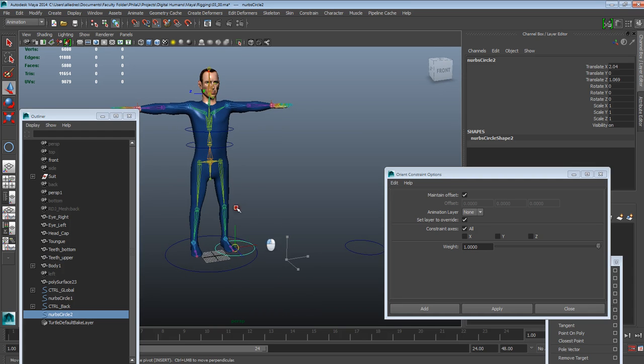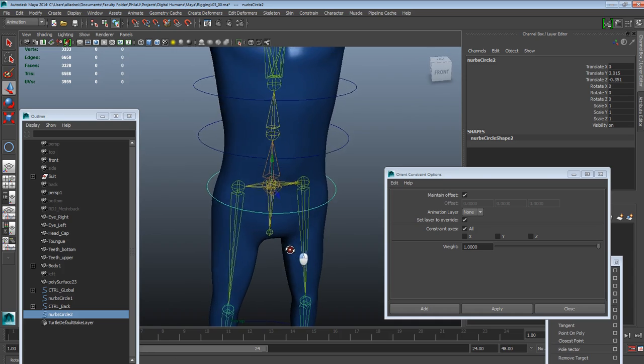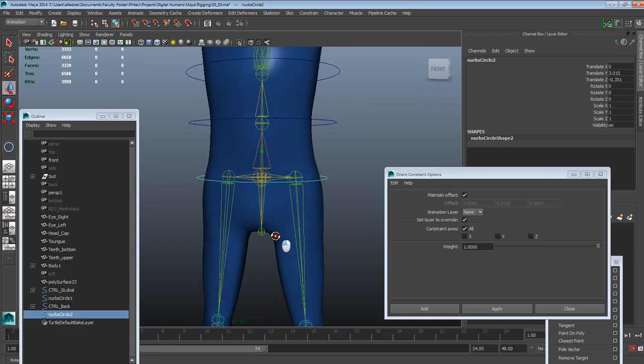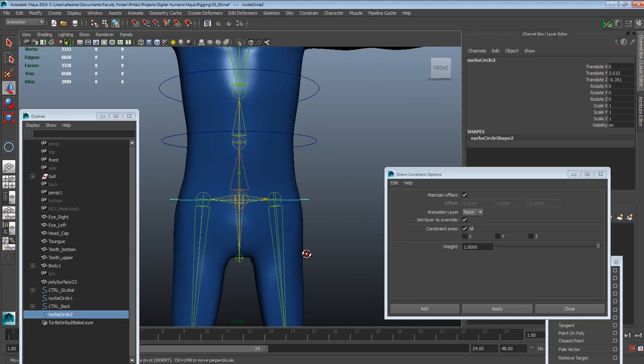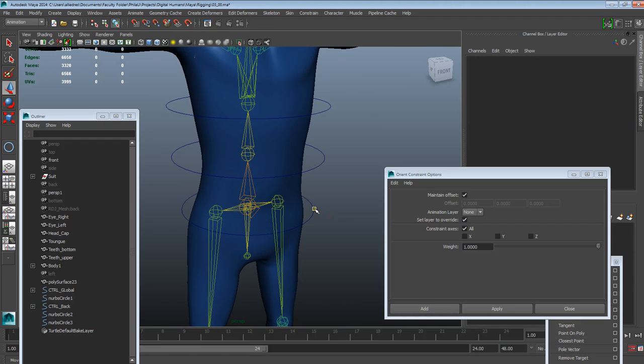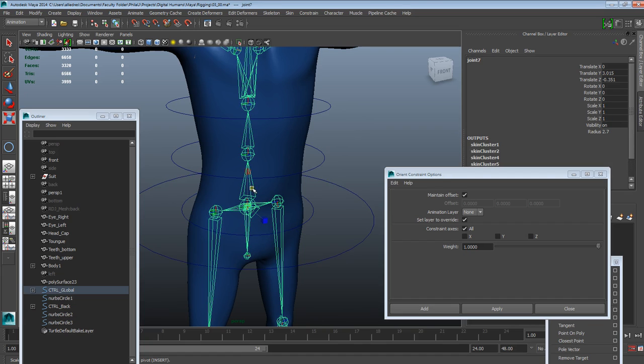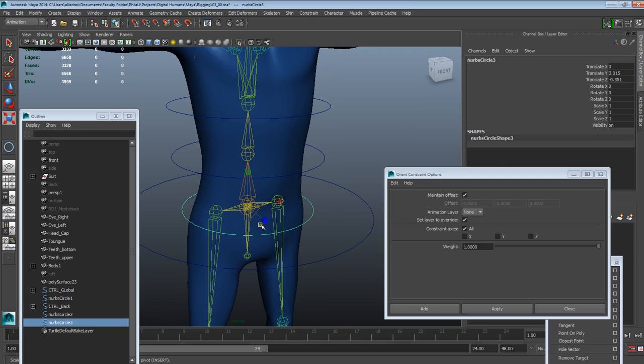So holding V right there, and I think that scale is fine. Alright, then I'm gonna make another duplicate of this one, Control D, and this one's gonna be a little larger. Okay, and again this one's gonna be controlling the root of our skeleton, which is this bone right here, and this one's going to be controlling our